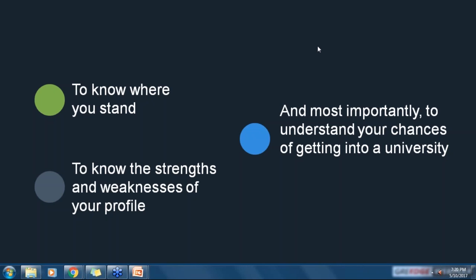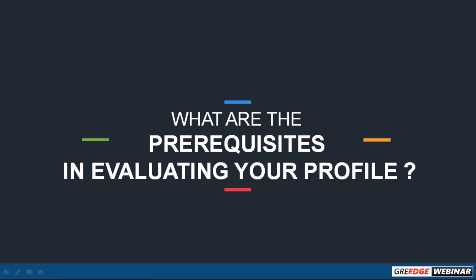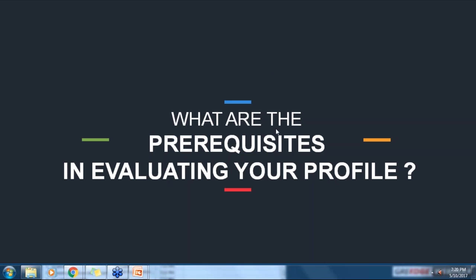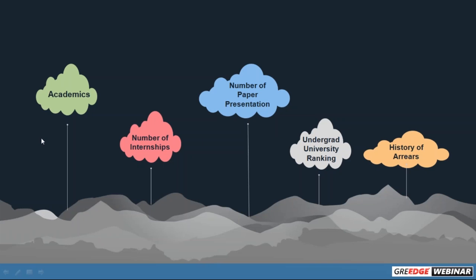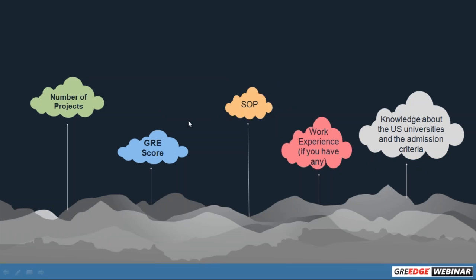Okay, these are the prerequisites which we are talking about: your academics, number of internships, number of paper publications, your undergrad ranking, number of projects, your SOP, GRE score, work experience, LOR, TOEFL score. This we have seen. Okay, so if you're looking for a top 10 university,